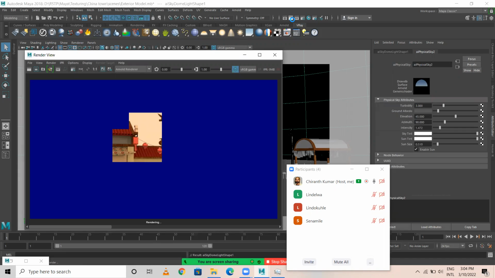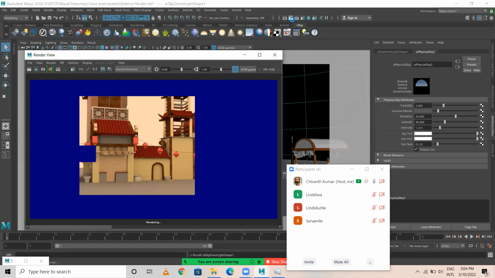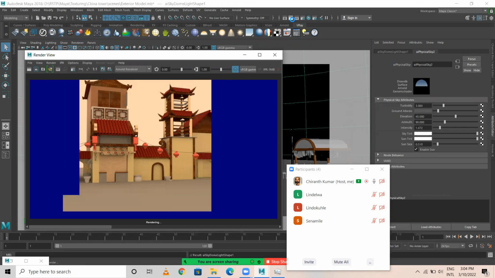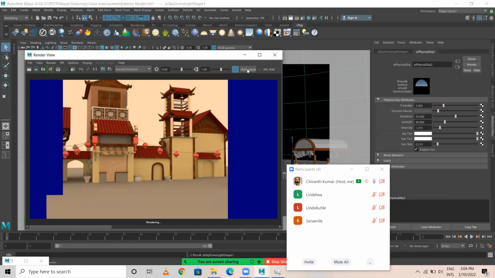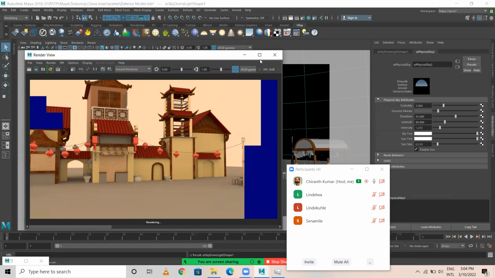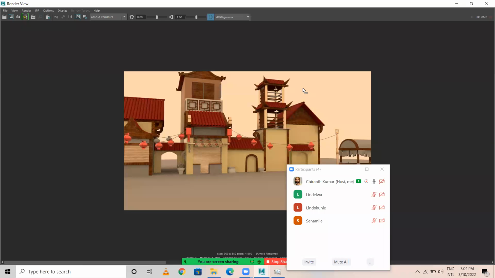Since the temperature has a reddish tint, you get an output something like this.